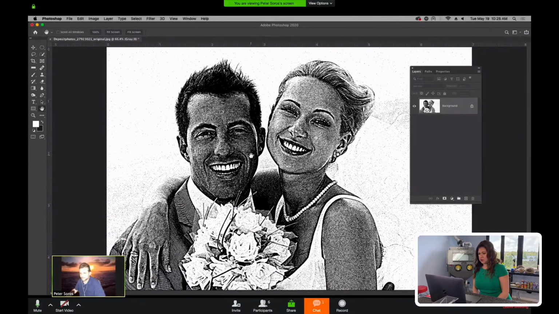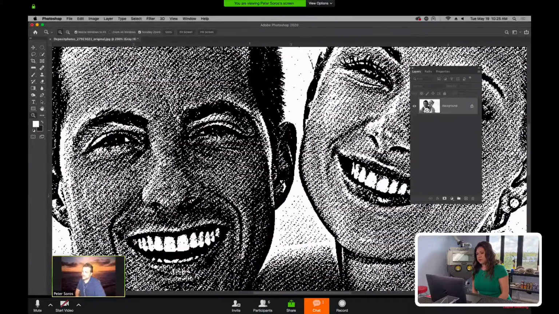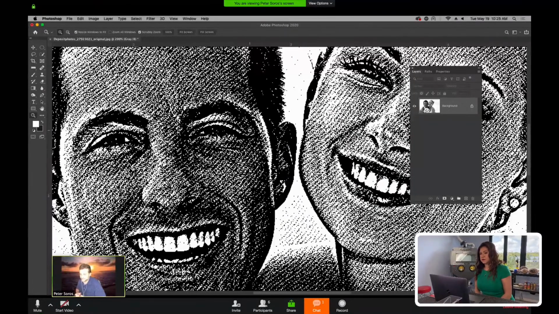Okay, so now you just applied the screen. I can zoom in so you can see a bit of the detail in there and how the image is actually built by these dots put together. Essentially, that is the screen. That's it. It's not a whole lot of work, because you just want to turn it to grayscale and then apply the screen to that